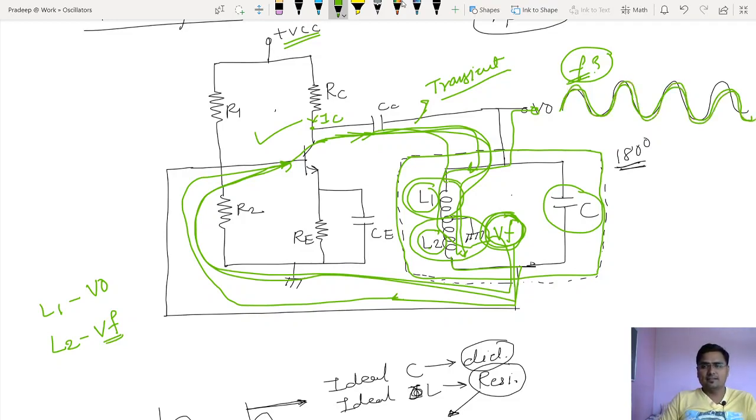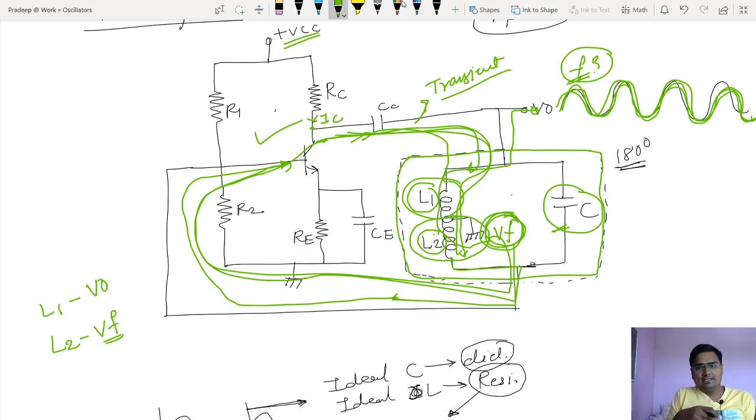and after a certain time you will get sustained oscillations at the output, near resonance. Sustained oscillations means stable amplitude with stable frequency. It is because of this L1, L2 and capacitor C. They produce a resonant frequency, and the stabilization of that resonant frequency is done by L1, L2 and C, and the amplitude stabilization is done by the amplifier itself. That is the operation of this Hartley oscillator.